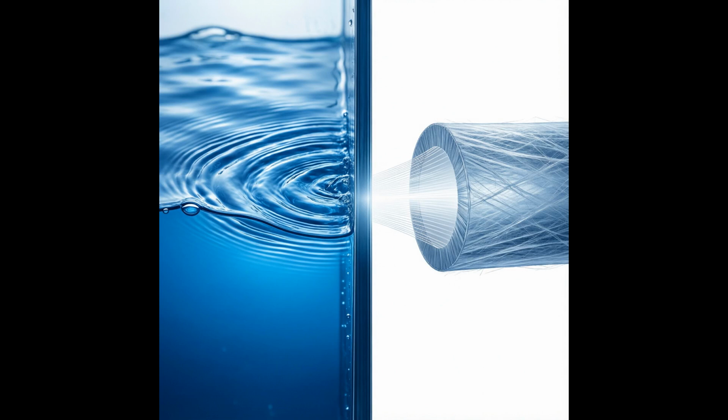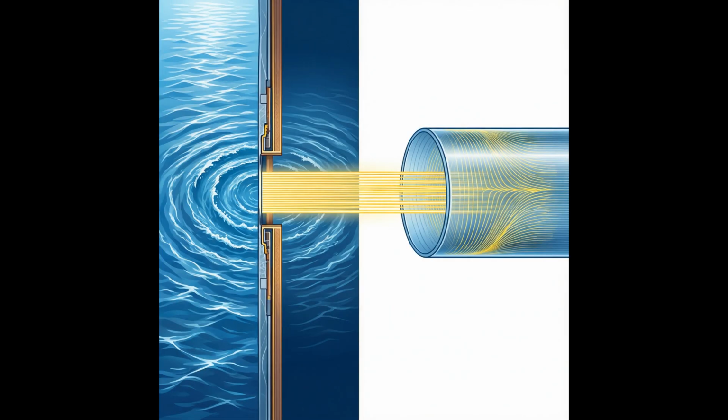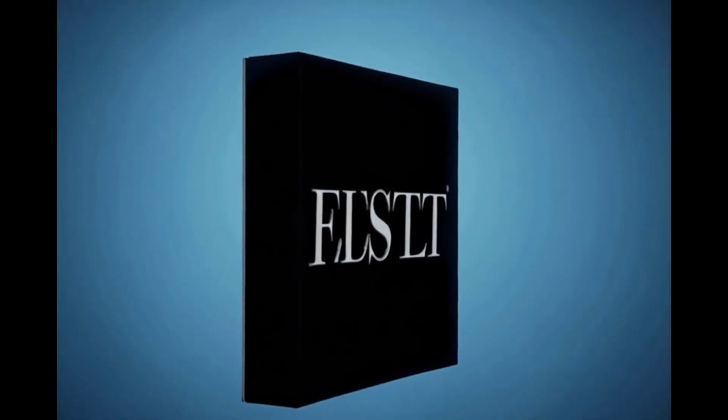When light encounters an obstacle or opening comparable to its wavelength, it does not simply travel in a straight line, but bends around the edges. This bending phenomenon is known as diffraction, which fundamentally alters how waves propagate through space. To visualize this mechanism, consider water waves passing through a narrow gap, where they spread outward into circular patterns rather